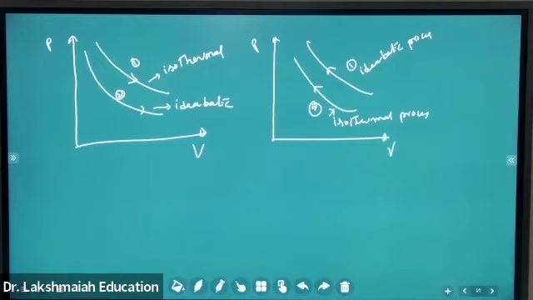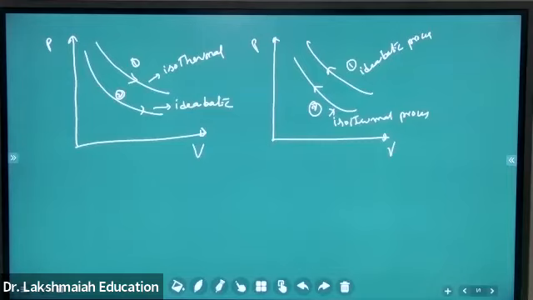A gas undergoes a change of state during which 100 joules of heat is supplied to it,